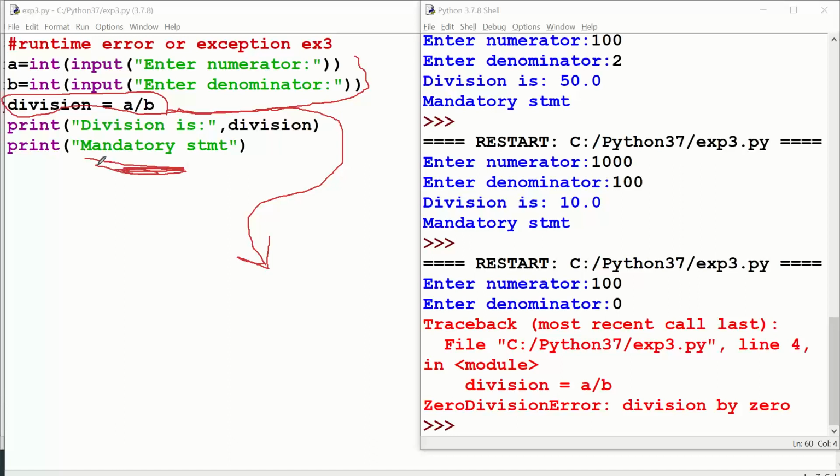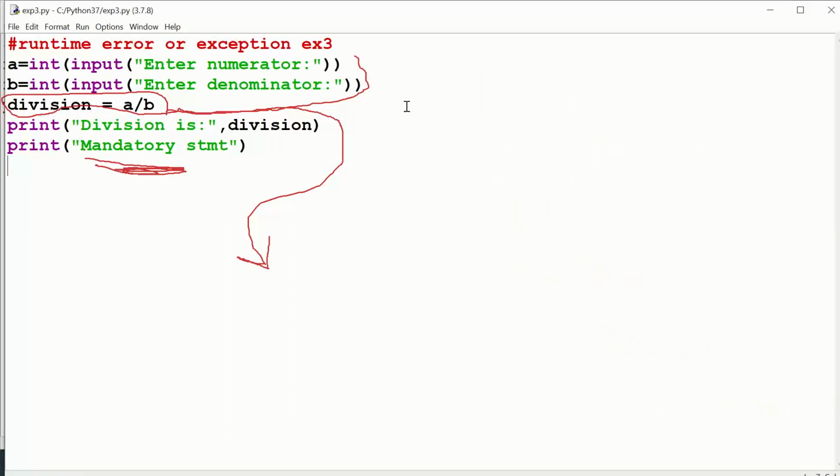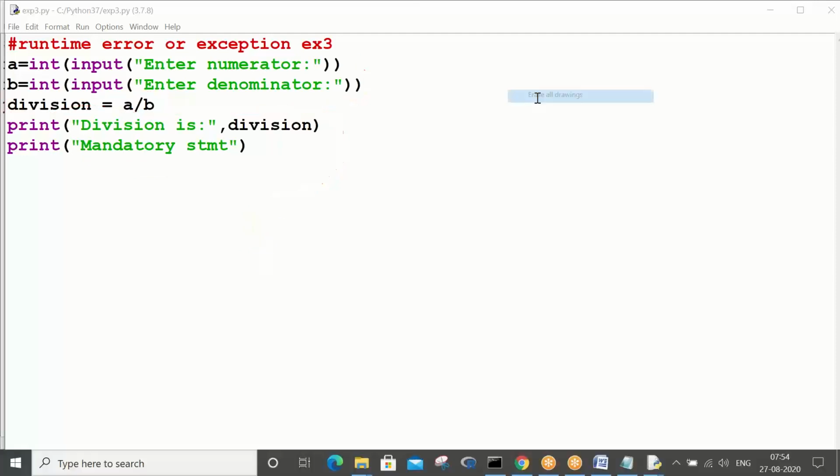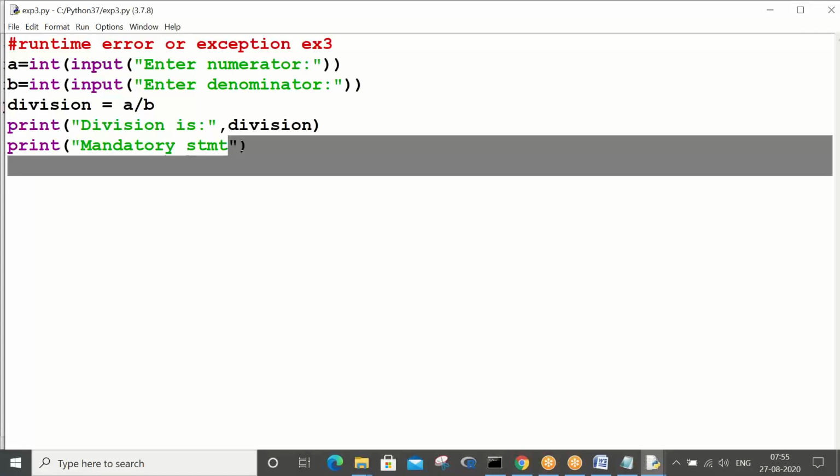I hope you have understood basically what a runtime error is. Runtime error means at the time of execution of your logic, your interpreter cannot handle some statements. At that time, without intimating you, it will abnormally come out from the program. This leads to security problems. Basically exception handling is all about security, how to eradicate these insecurity challenges. You are missing the execution of these lines, and without executing properly, your program gets closed.